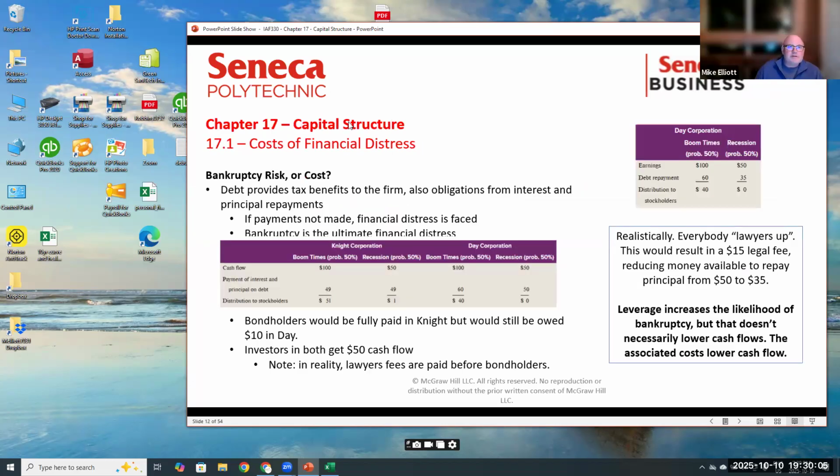So, chapter 17, debt. We know from what we've just looked at that leverage increases the returns of a company in good times. In bad times, bad things happen, but in good times, leverage is good. One of the reasons is debt provides a tax benefit to the firm. In both Canada and the US, interest on taxes you can write off against